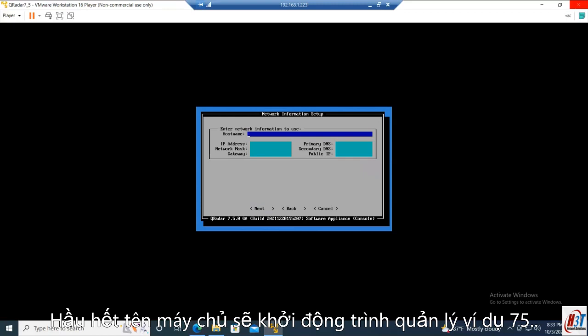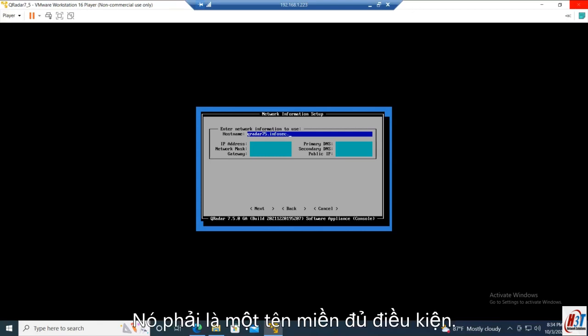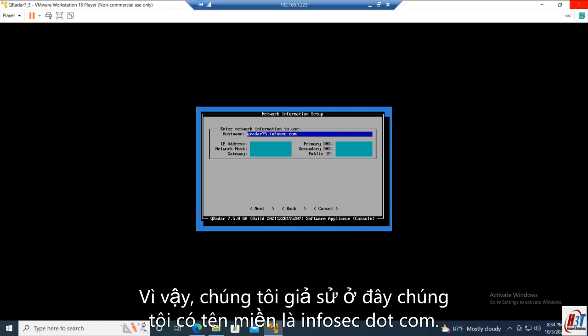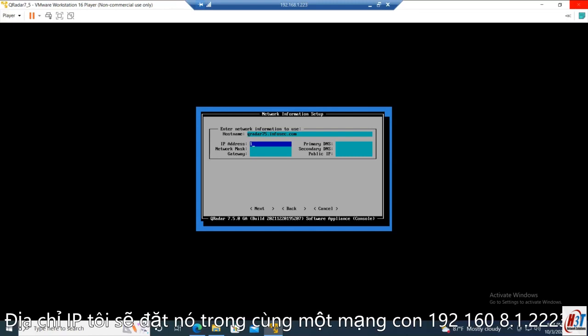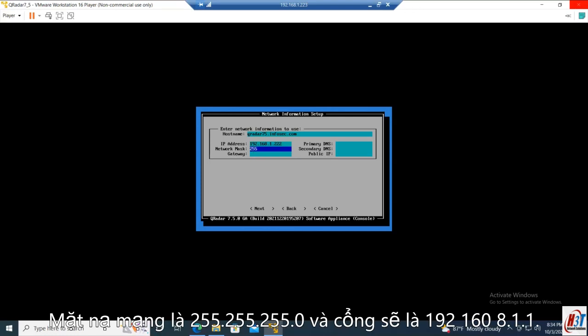host name. We'll put QRadar, for example, 75.infosec. It has to be a fully qualified domain. So we assume here we have the domain as infosec.com. IP address, I will put it in the same subnet, 192.168.1.222. The network mask is